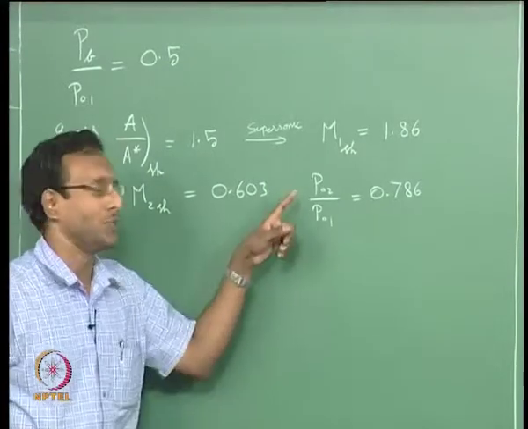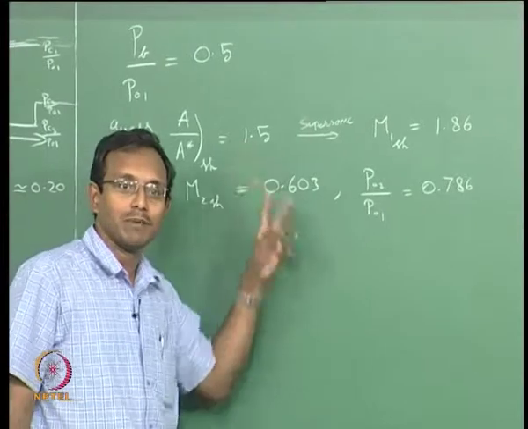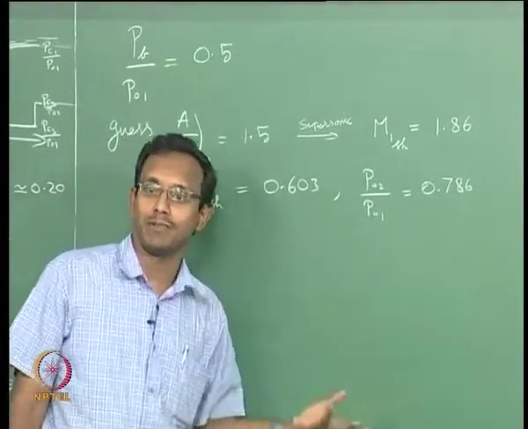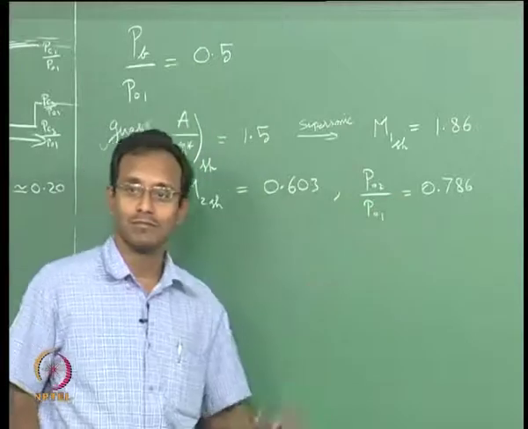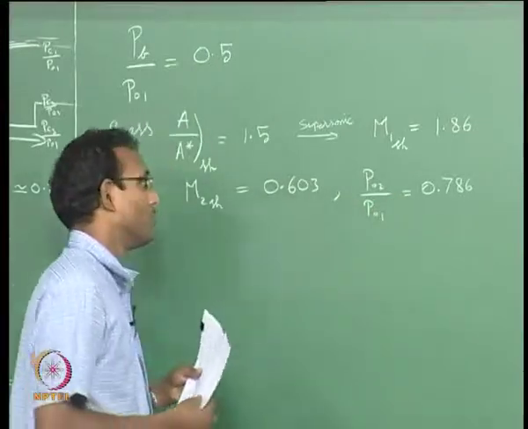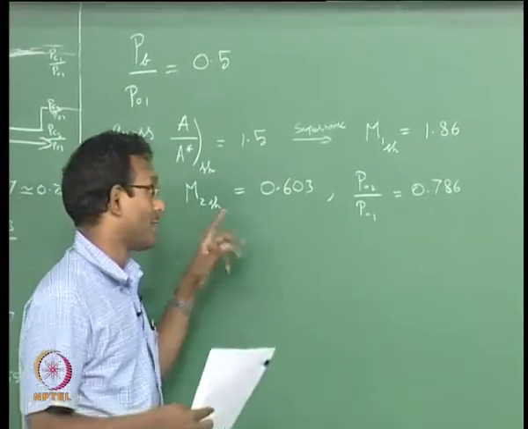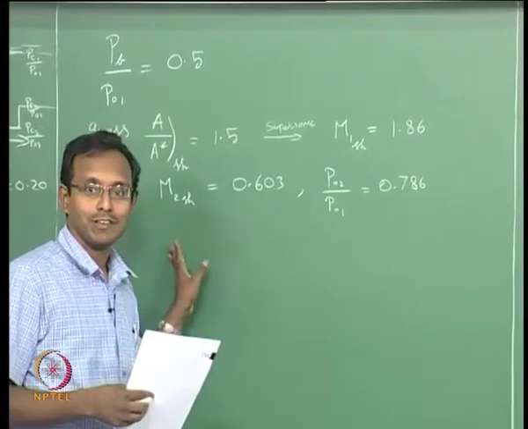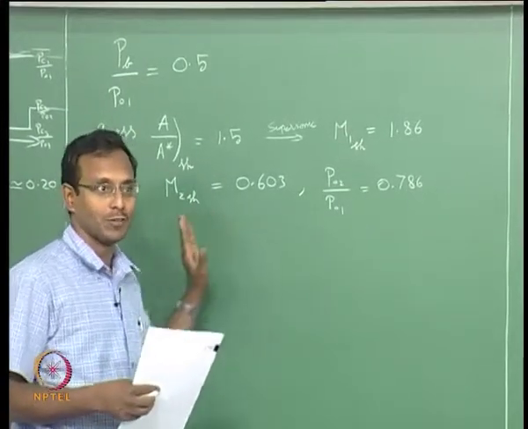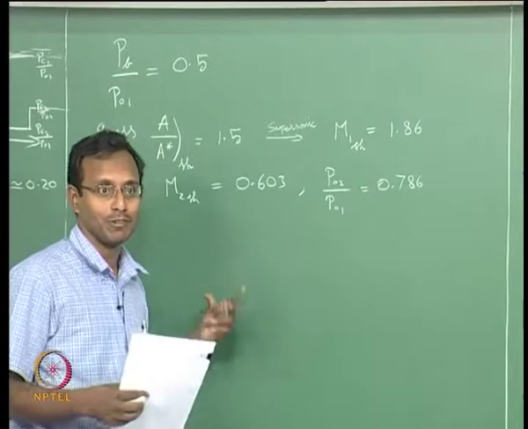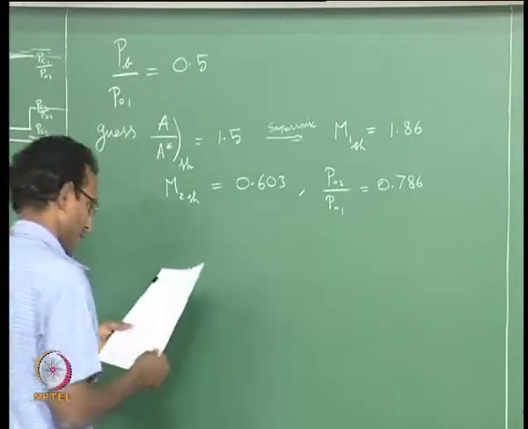I track only P0 because once I track P0, if I know the Mach number, using that P0 and Mach number, I can go to isentropic tables and calculate my pressure at the exit. I am going to use that method now. I could of course do pressure ratios P2 by P1 and then the Mach number based pressure ratios, pressure at previous area to pressure at new area, that ratio can also be found. That is too much work. This is simpler. This is the shortest route, I think.